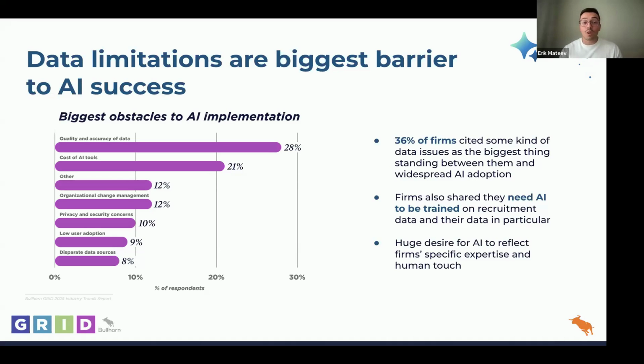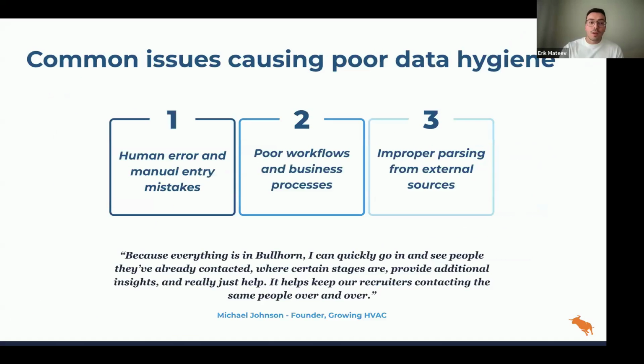And it's affecting their ability to successfully implement and execute on their AI strategy in a scalable way, as they want to. This is one of the big reasons why we want to do the webinar today: to show you how you can use technology that already exists to fix your data and make sure that you're better equipped to execute on AI whenever you decide to do so. Now, before we dive into those use cases, here are some of the common reasons why bad data usually occurs in a business.